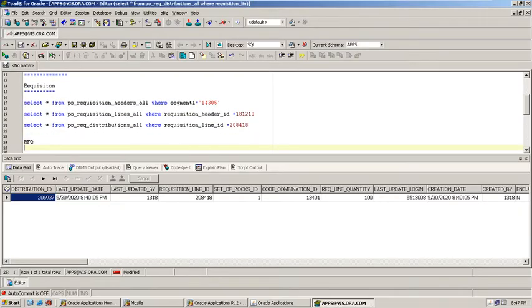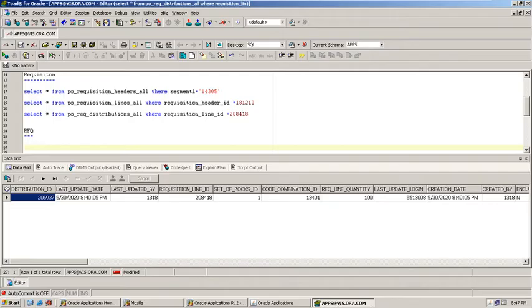RFQ data will be stored in the PO headers all table, where segment1 equals the RFQ number, 308, and type lookup code equals RFQ.